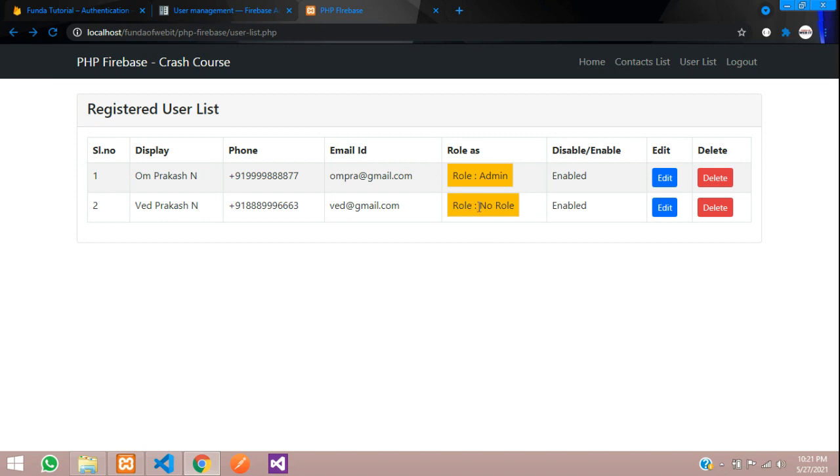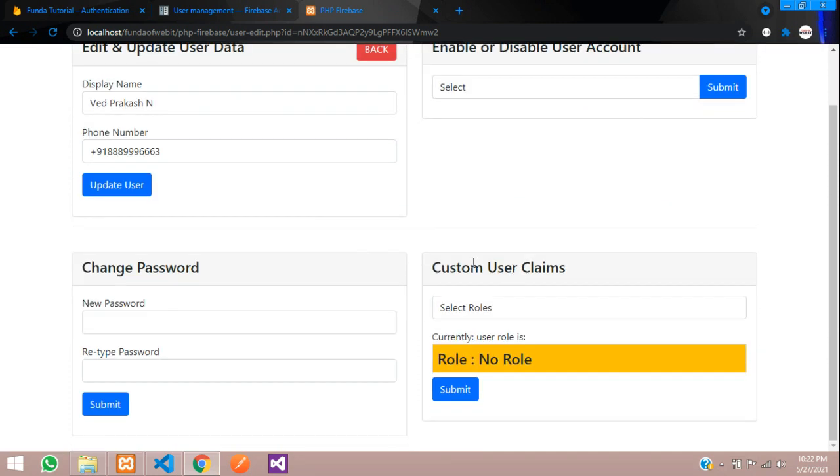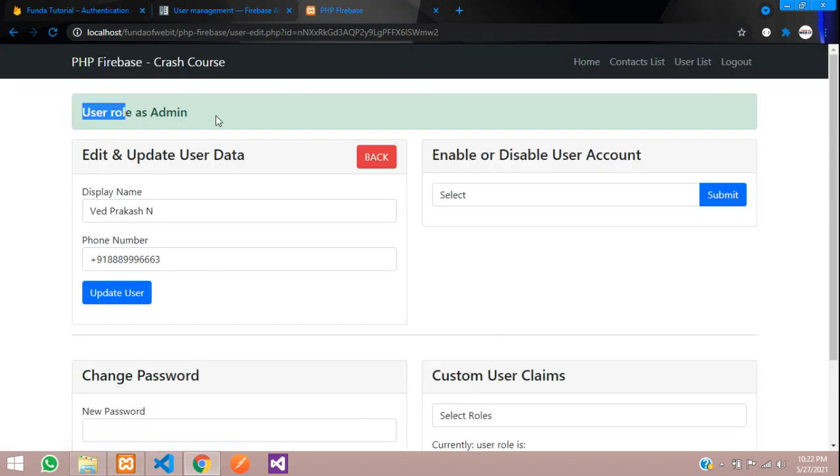So guys, now let us try to give this role for this Ved Prakash admin, and we'll make this Om Prakash a user. So edit, let's make him admin, submit. Cool. User role as admin.